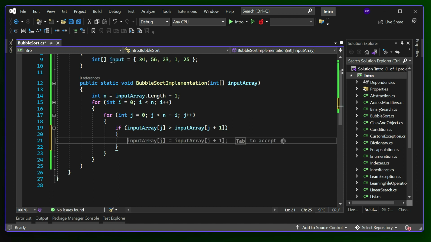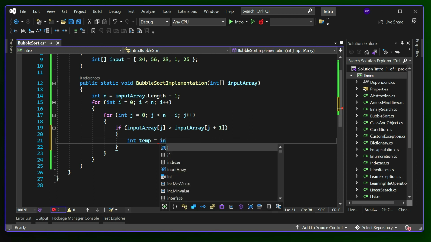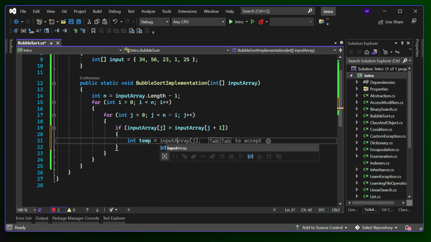Okay. So what I do is, let me try to create one local variable. Usually the naming convention for creating a local variable is just temporary. We are storing the value in the temporary variable. And then what is the input array? Your input array